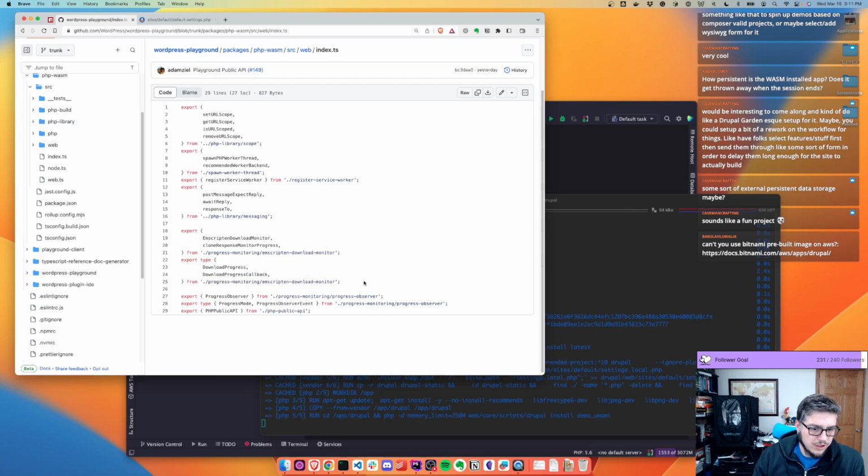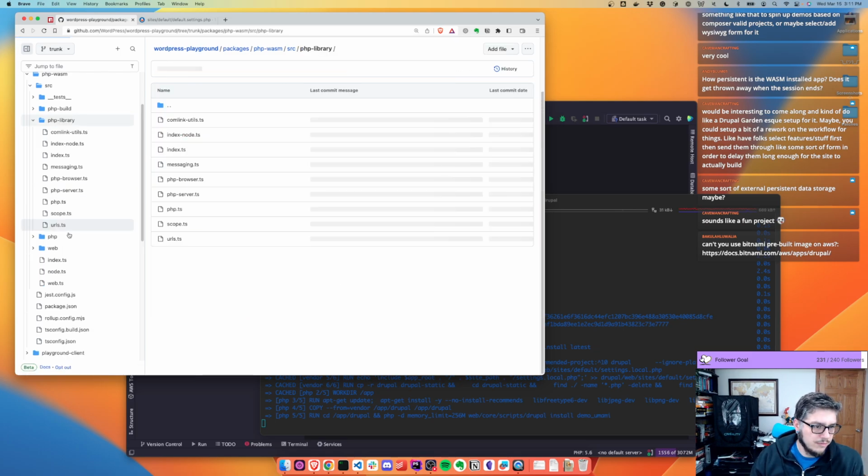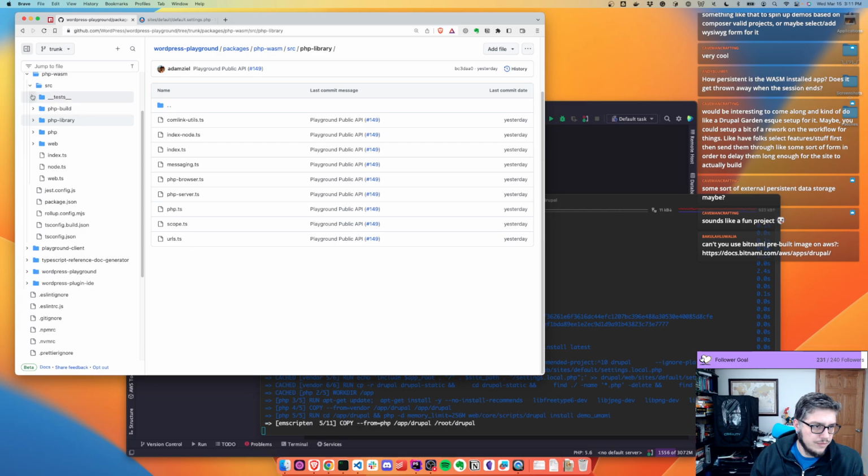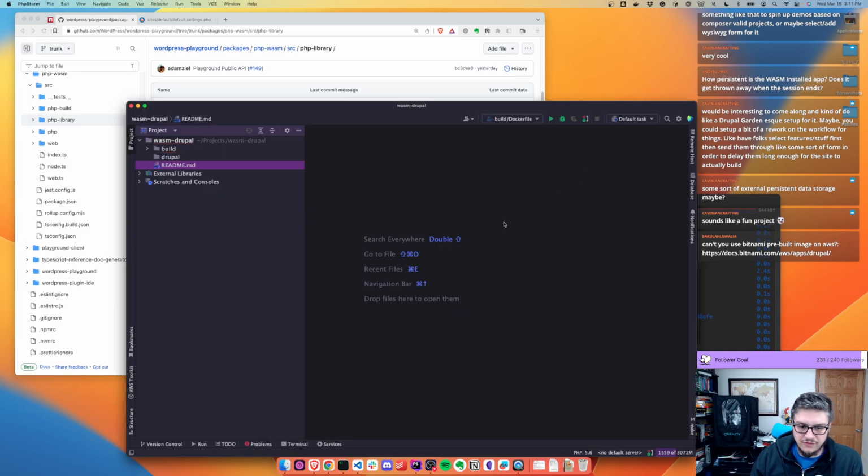PHP build, PHP library. All right, that's finished running. So we'll have a built image at least. This part should pass. So now we're finally at